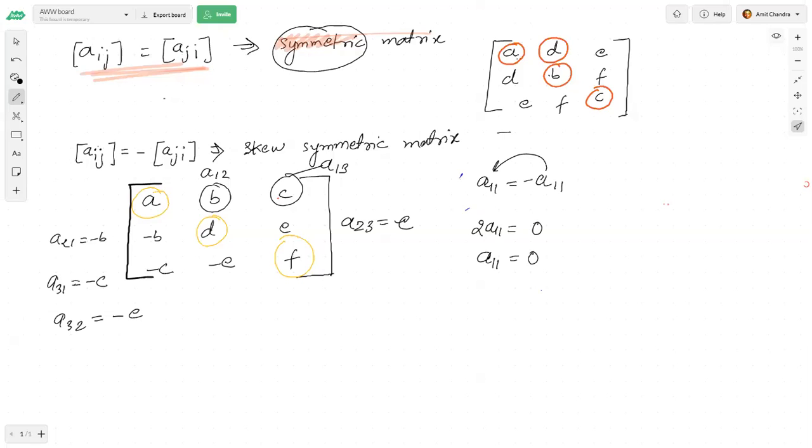Now see, in a symmetric matrix also, the diagonal elements can be 0. There is no restriction that the diagonal elements cannot be 0. Only in skew symmetric, this should be satisfied. Sorry, for symmetric, this property should be satisfied, and for skew symmetric, this property should be satisfied. Okay, so this property is for symmetric, this property is for skew symmetric. Just mention these two. Fine. I hope this is clear for everyone.